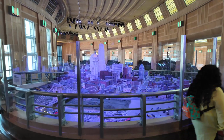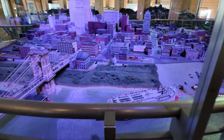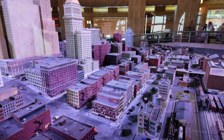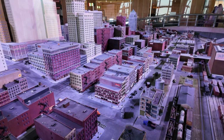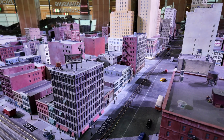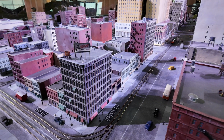It's cool, this model. Oh wow, there's a little crane pulling a little can up right down there. I see it. There it is, it's dropping it down again. You didn't hardly even notice that. It's cool how they have the track though. It's like humped up and they got...